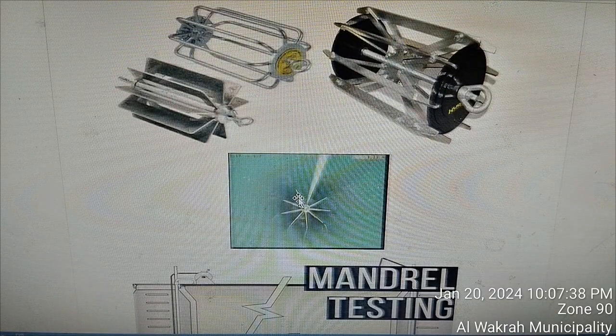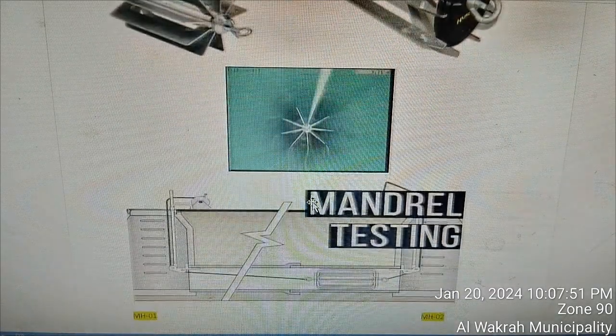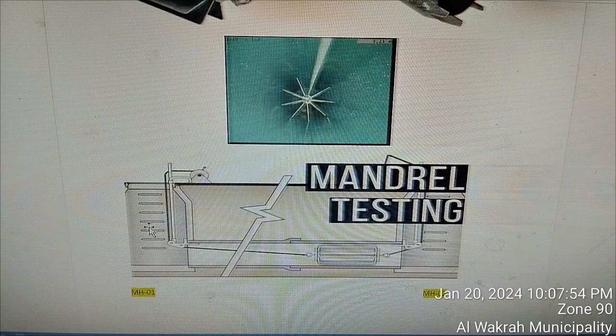As you can see here in the picture, the Mandrel test is passing through a pipeline. This is the pipe's internal position. If this Mandrel passes from one manhole to the other side, it means the line is clear and workable. As you can see here, there are two manhole sketches: manhole number 1 and manhole number 2. This Mandrel is pushed from one place to the other. If it passes fully from one place to another, it means the line is clear and